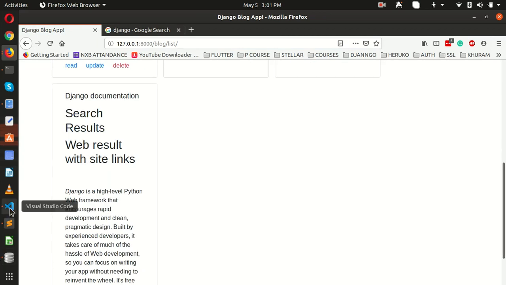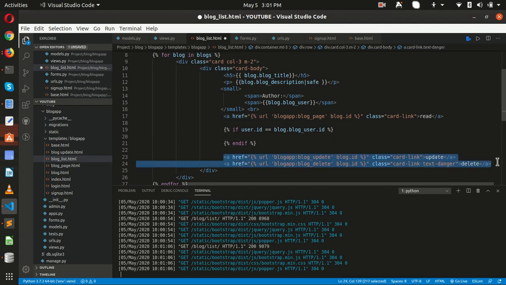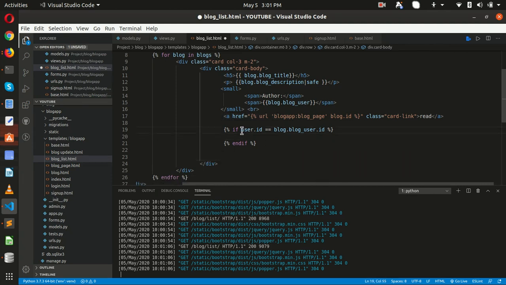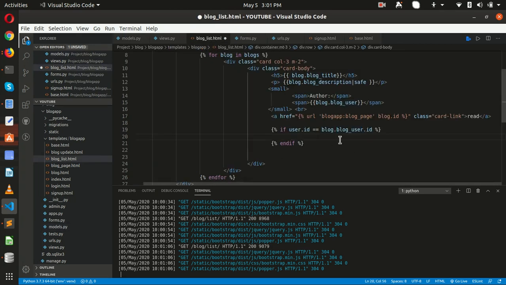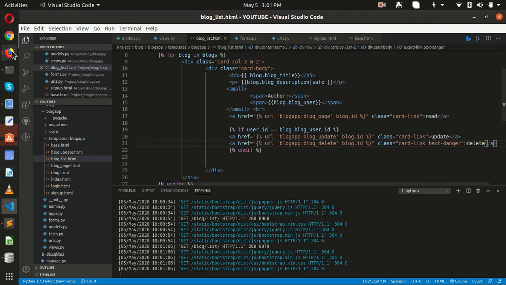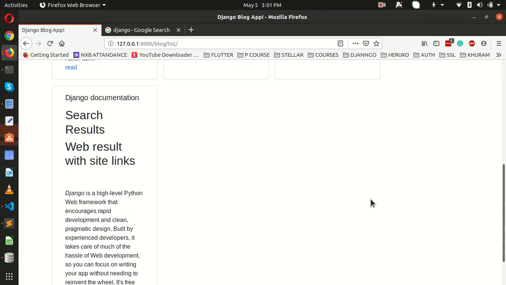That's working fine. So now, if the user is logged in, meaning the current logged in user's id is equal to the blog user id, the field we specified inside our models, then inside that we are going to put this. So in this case, let me refresh, and here we go.